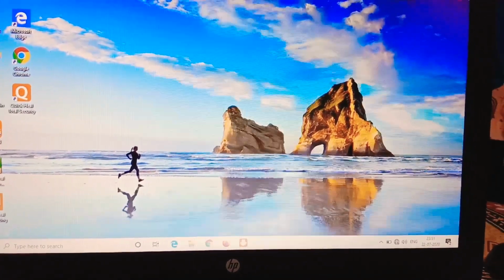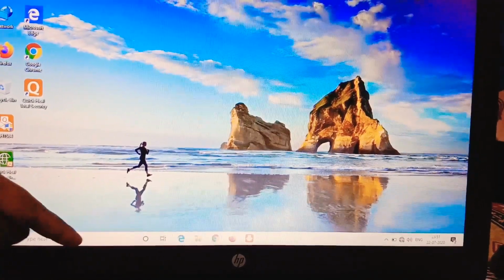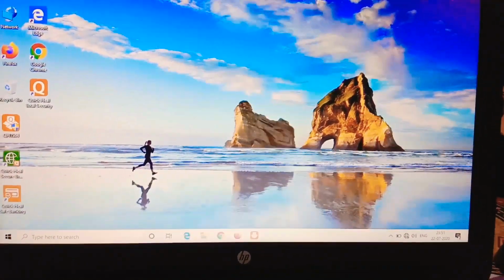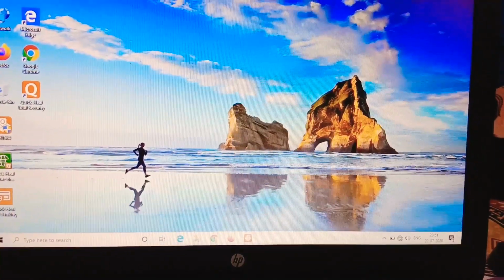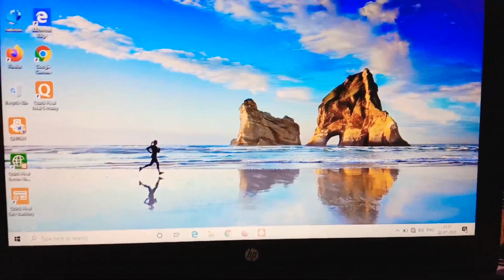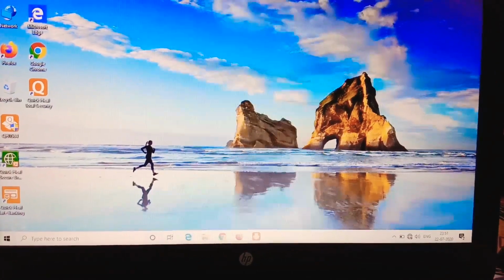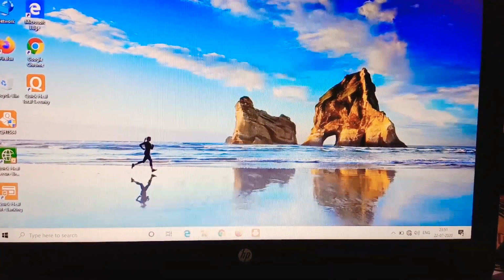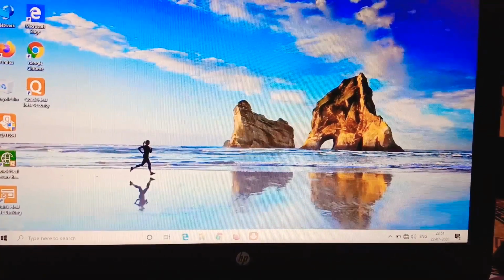First we are going to learn about the taskbar. What do you mean by taskbar? The bar that you can see at the bottom of the desktop screen, the whole strip from here to here, is known as the taskbar. In the taskbar you can see the start button, the Cortana search box, the task view icon, open program icons and the clock. Everything is present over there.